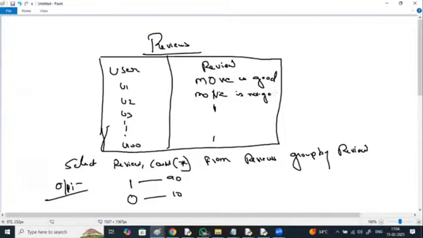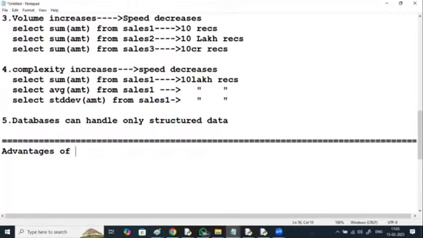Advantages of Hadoop. I'll come back to Spark later. First thing is unlimited data storage. Unlimited data storage is possible.